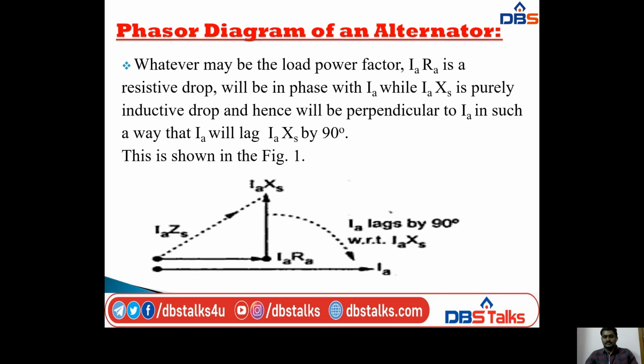If you observe this diagram, I already said that the IARA drop is always in phase with IA. And next, if it is a purely inductive drop, it will be perpendicular to IA. So if you see this diagram, the perpendicular line gives the drop in such a way that it will lag the IA axis by 90 degrees, that is with respect to the IA axis. So that is this one, and IAZS, that is the total drop IAZS. And next we have,